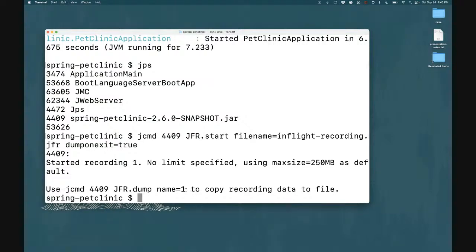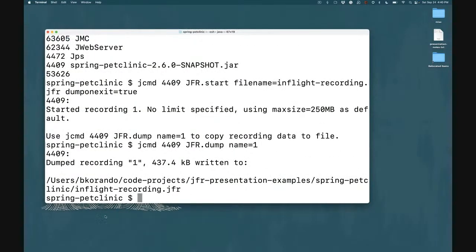And you can also use the jcmd command to perform a dump. You don't have to stop an application to then get a recording out of it. You can actually dump an in-flight recording. So let's see,